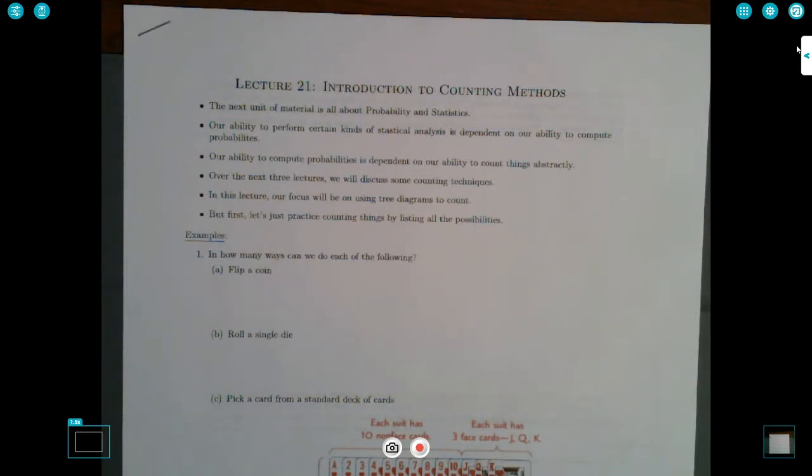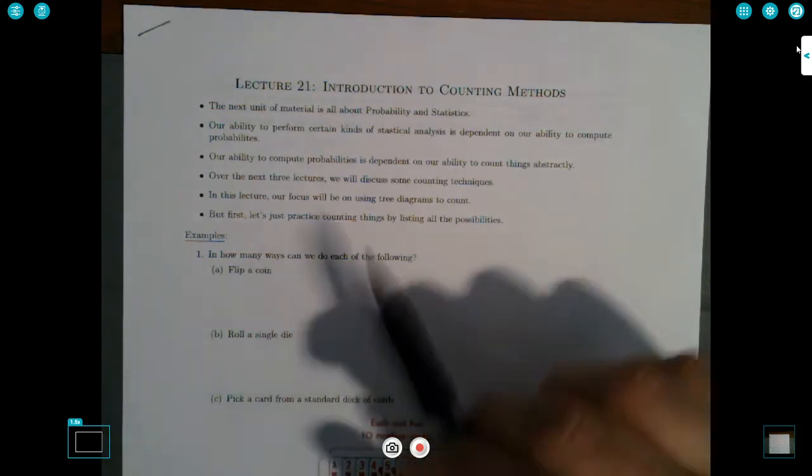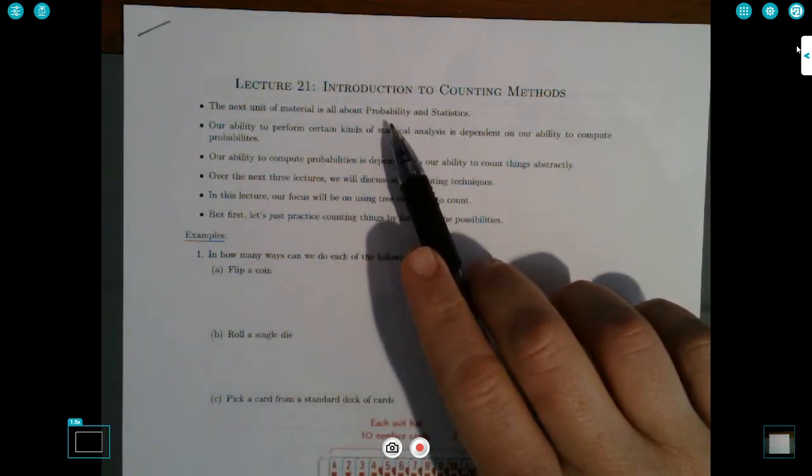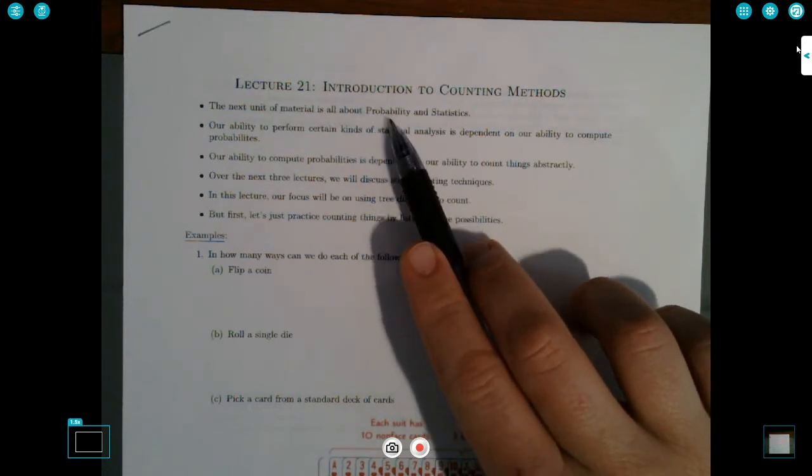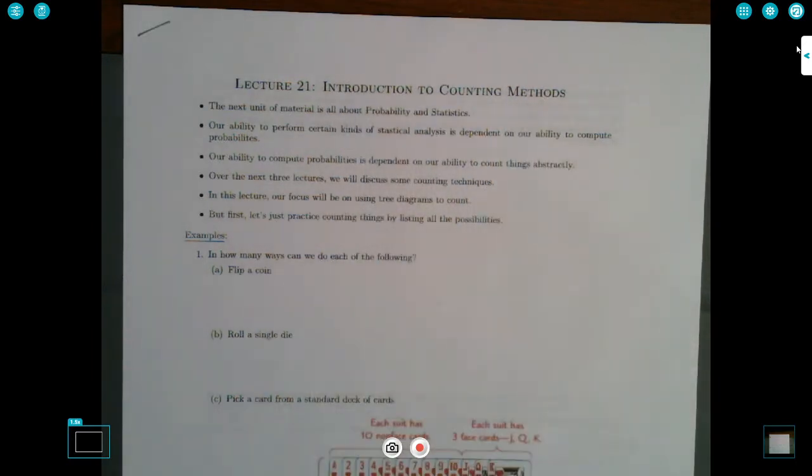And this is stuff that you would learn about in detail if you were to take a statistics course. We're just going to scratch the surface and give some basics here. So in order to do statistics, we have to know probability. In order to do probability, we have to know how to count things, which sounds really kind of silly. Of course you know how to count, right? But when I say that, what I mean is